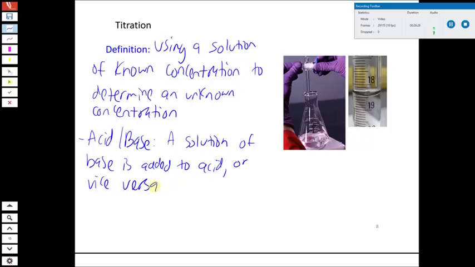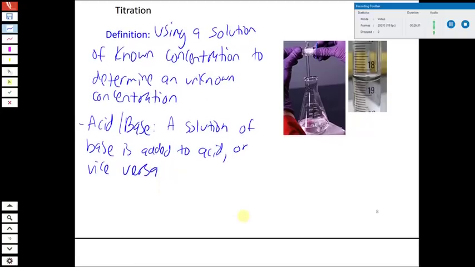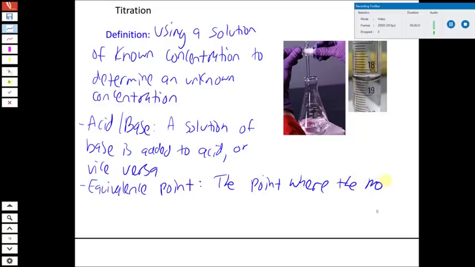All right, and then when we do a titration, we add enough of the solution until we get to what's called the equivalence point. So in an acid-base titration, the equivalence point is defined as the point where the moles of OH minus or H plus that's added in the titration,